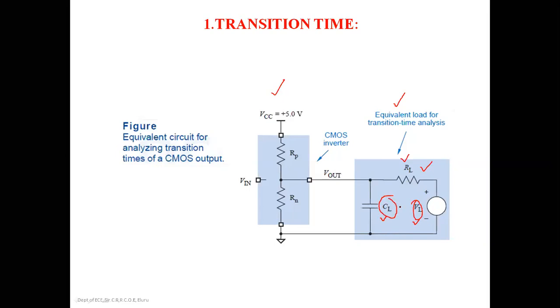So now we have two types of loads, DC load and AC load. What do we mean by DC and AC? DC means the output is fixed to a state: if the output is fixed to a high state, or if the output is fixed to the low state. So suppose the output is fixed to the high